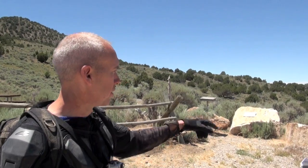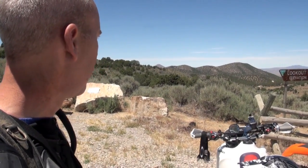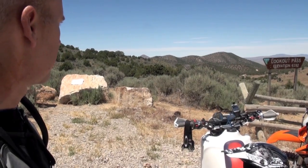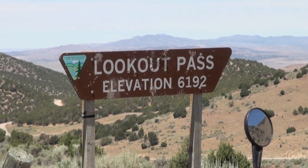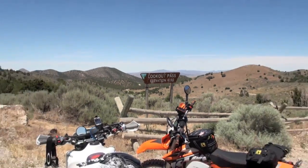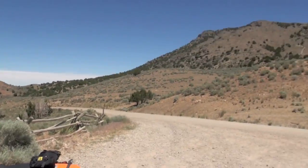So we started this ride out. We decided we hadn't really done a real desert ride yet. So this is a route that I actually checked out about a year ago, and I thought it'd be kind of cool to take you guys along with, just because it's so historic. And one of the cool things I like about out here is the topography never really changes. So if you can take a look into the distance and take a look at this mountain or this mountain over here,